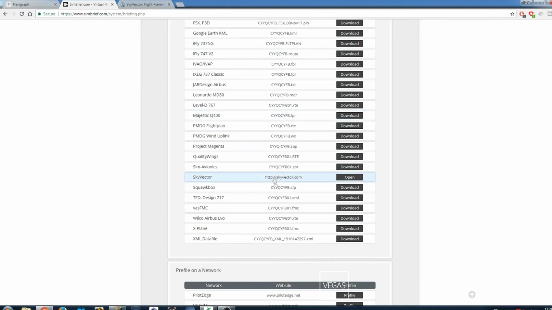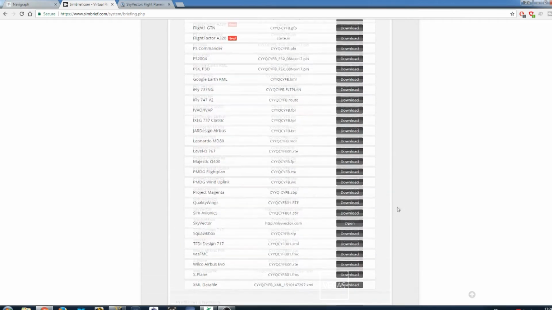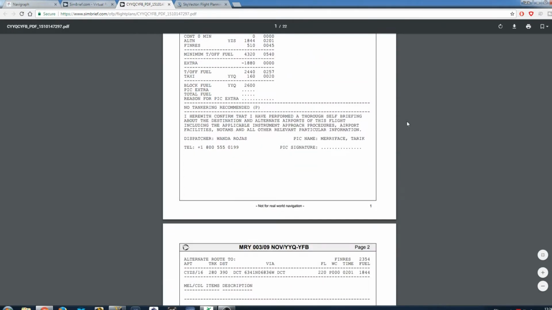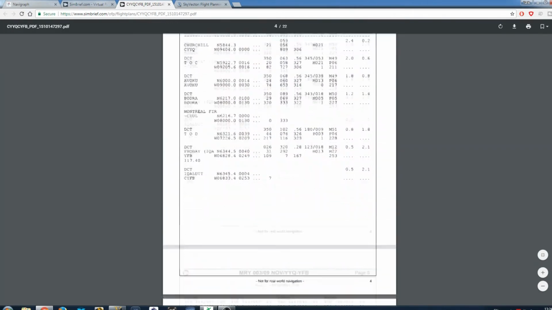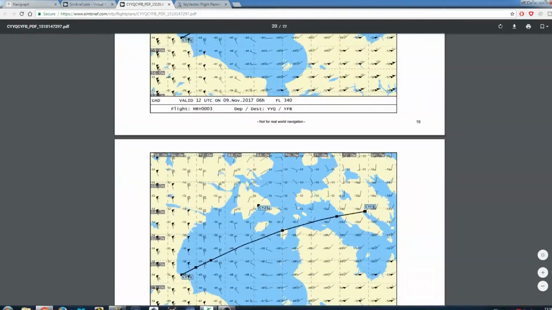So they've got a lot of flight plans you can possibly use. Yeah, and they can also pre-file it for you on VATSIM and Pilot Edge, which is great as well. Right? So we can also print or preview the PDF. And here it is. You got it here and you can download it. Yeah, and this is what I use in my live flights, and we'll be using this once we regenerate it